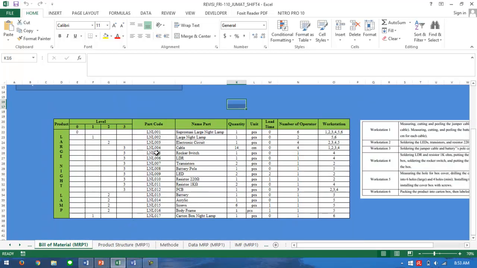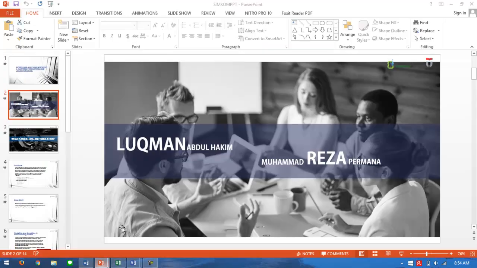So after we fill the name of part and also all the components here, we define the level. So the level represents the detail. At level 0, it means the product, the whole product. And then level 1, 2, and 3 mean the components of the whole product at level 0. Okay, and then we go to